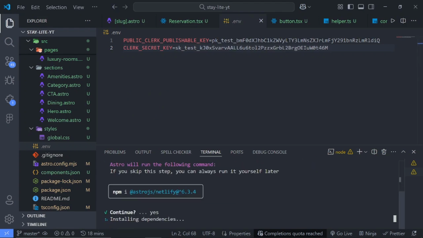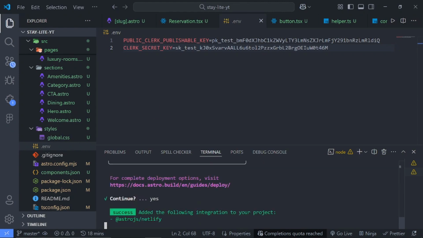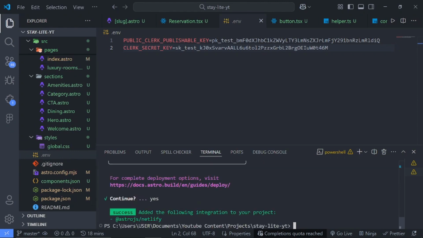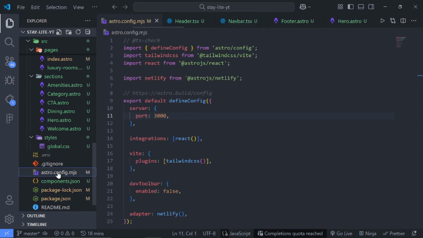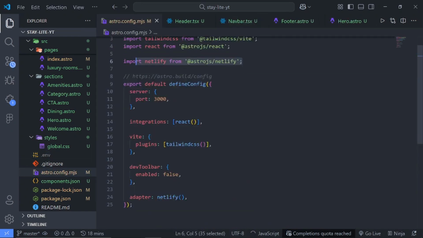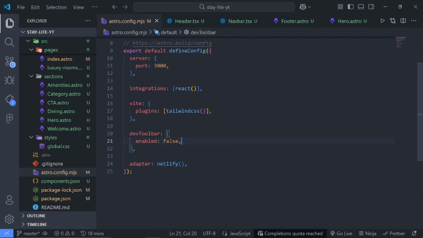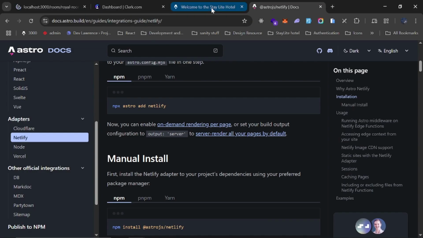So I'll say yes. So we say yes again, and it has been added. So we can clear it out. And if we check our astro.config file now, you can see it's been imported and the adapter is showing like so. So next we'll go back to Clerk